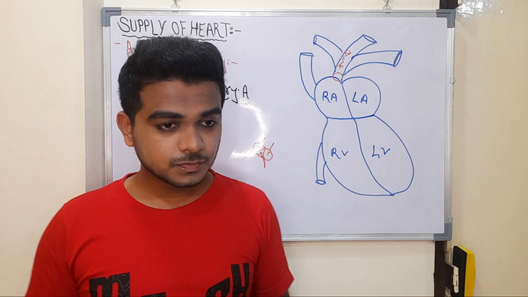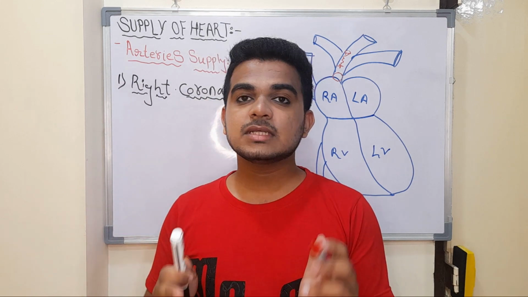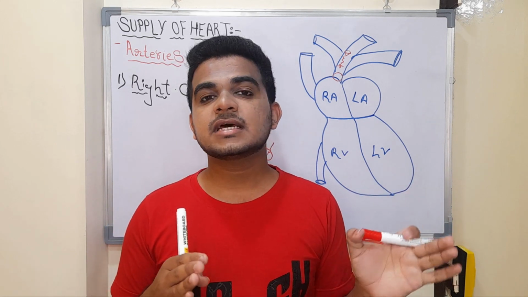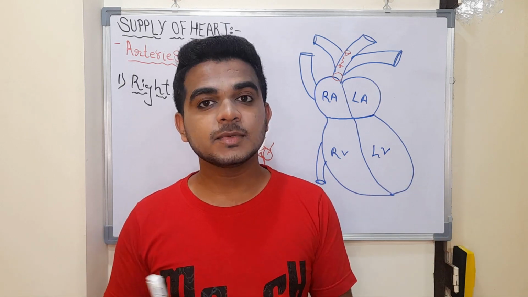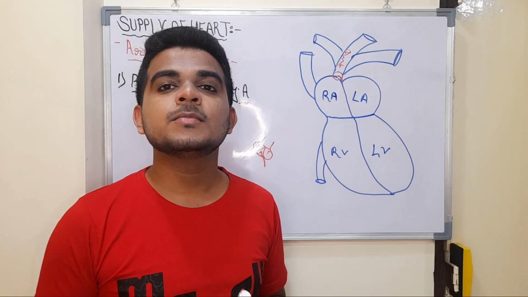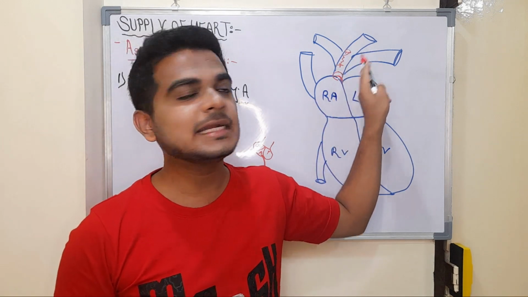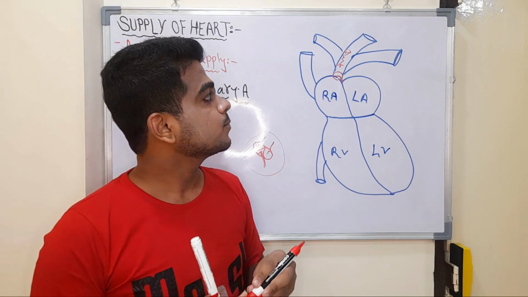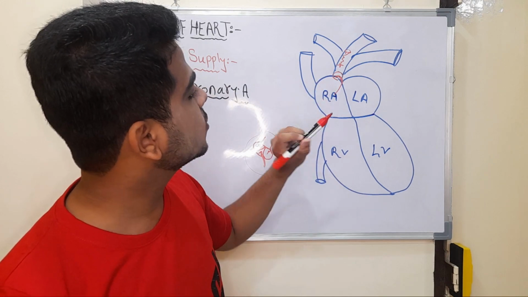Now, the right coronary artery is smaller than the left coronary artery. Now we will see exactly where it starts and where it ends. The right coronary artery arises from the aorta, but how it travels and where it terminates, we will see. Student, the right coronary artery arises from the ascending aorta, which is going upward, from the aortic sinus, from the anterior part. It starts from the anterior aortic sinus and comes onto the surface of the right atrium.